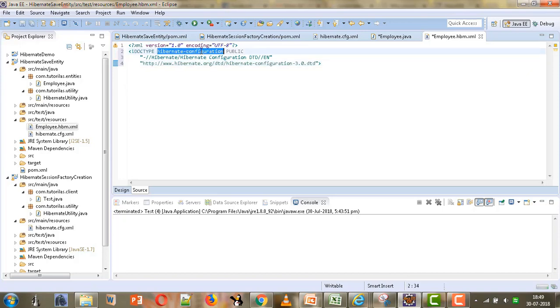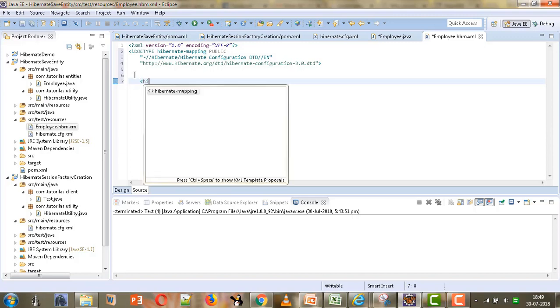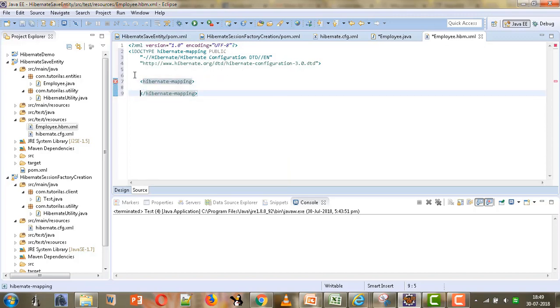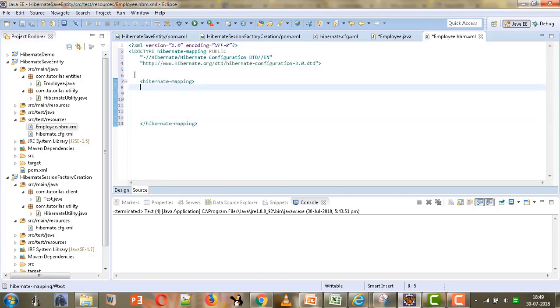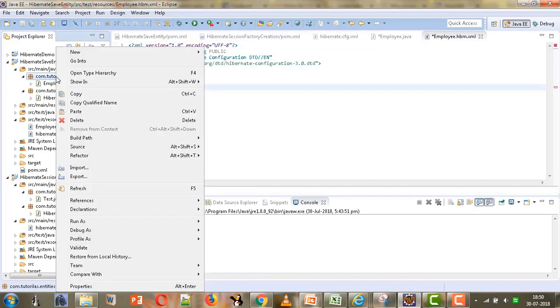Now here rather than hibernate configuration, we will give hibernate mapping, and then we will give the hibernate mapping tag, and within this hibernate mapping tag we will give the other tags. Now the first tag that we are going to give is the class tag. So here for class we need to give the name attribute first, which will give the fully qualified name of our employee class. So we will just copy this,